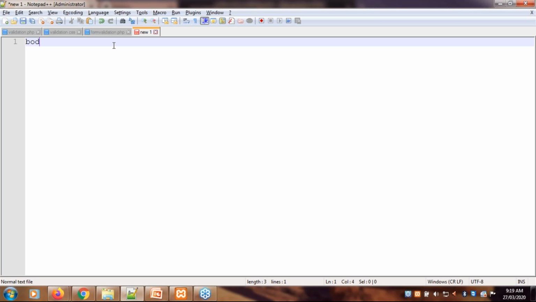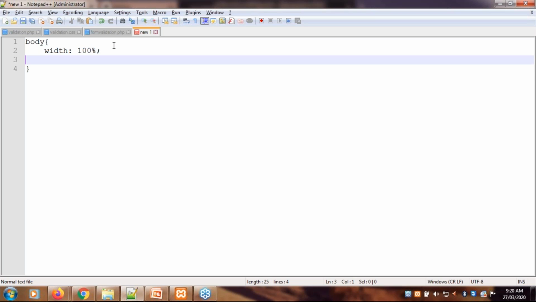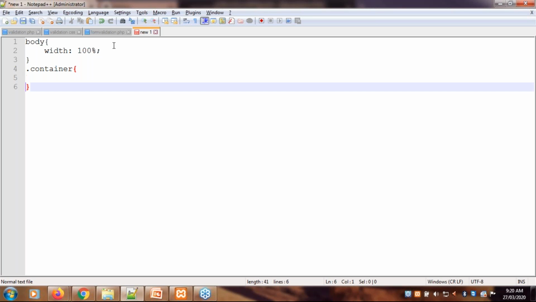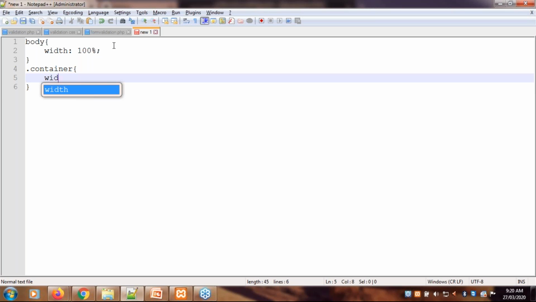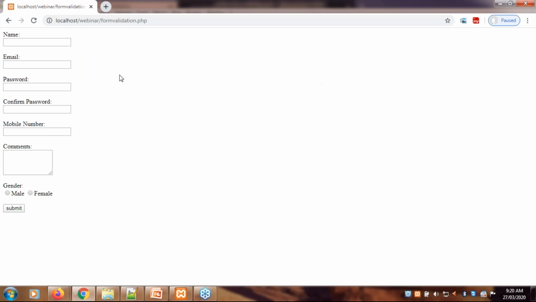So first, I will give body width equals to 100, so it will use 100% of the browser width. Next, I want to give a width for my division. For that, I have given a class container. Again I am giving width equals to 100%, and I want my form to be displayed on the center side.